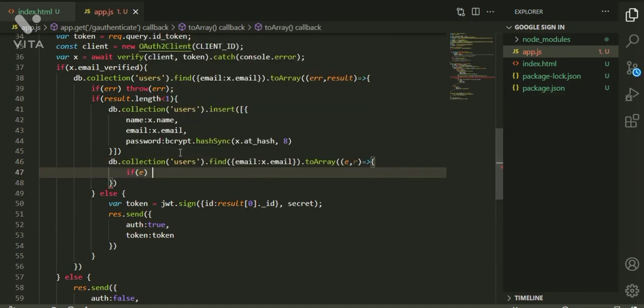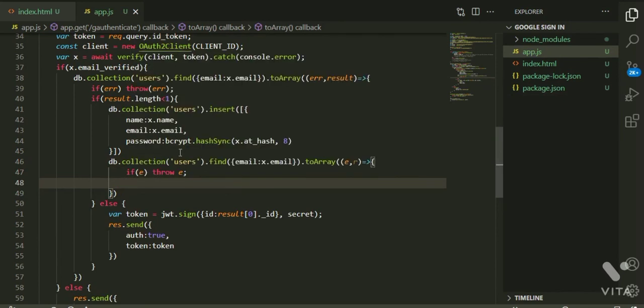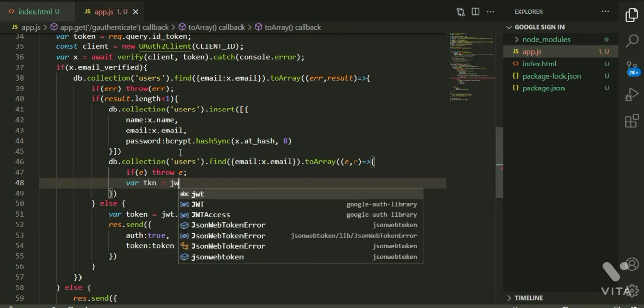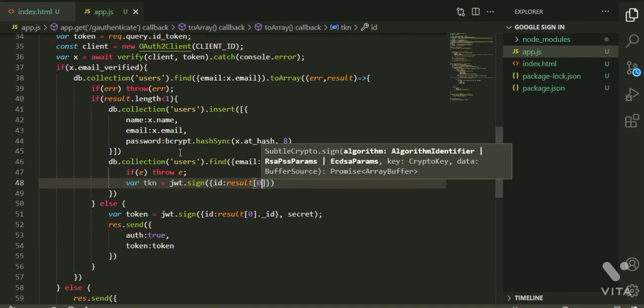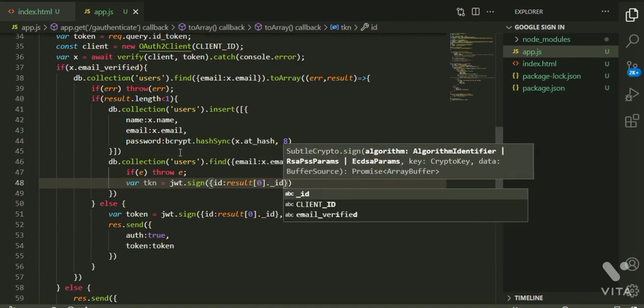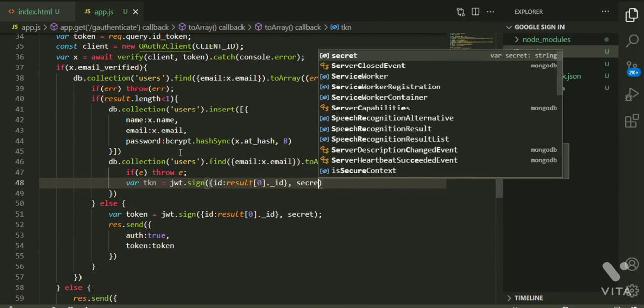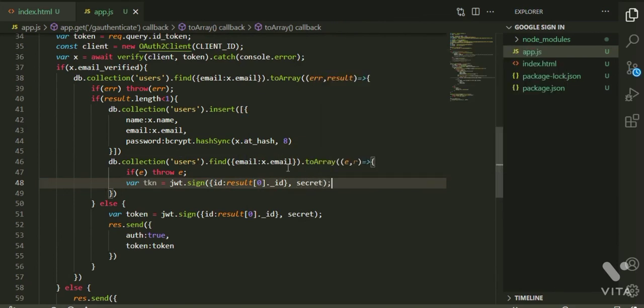Same, if e, throw e, otherwise where token equals jwt.sign of id, result of 0._id, comma, the secret. Make sure to use the same secret which we use for verifying the JWT.